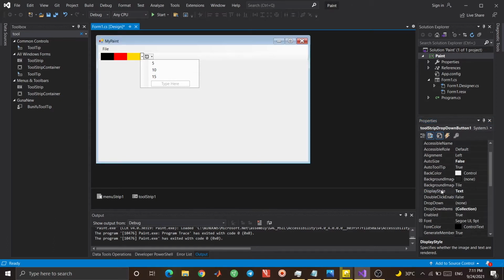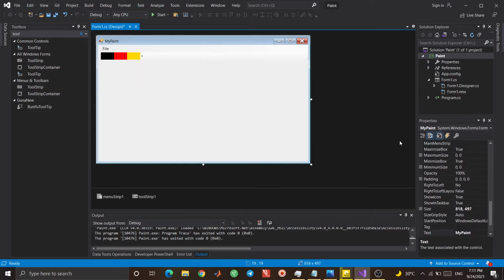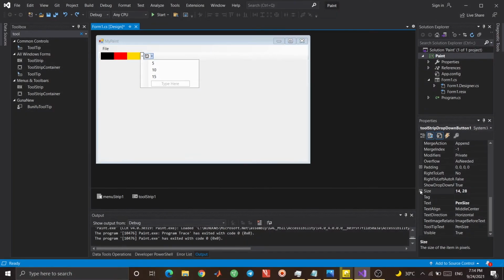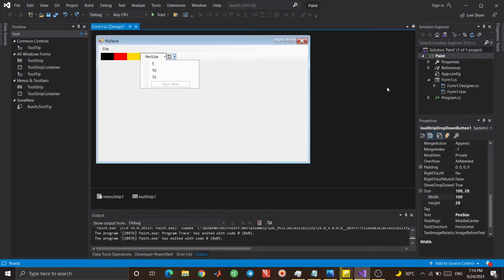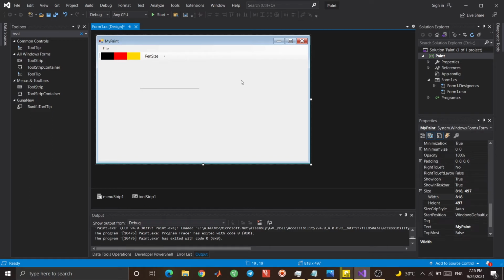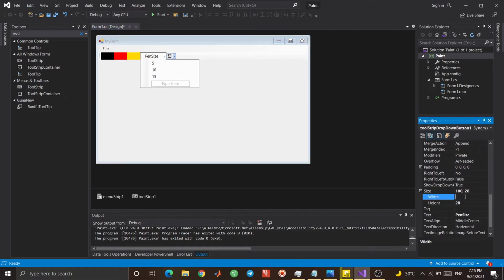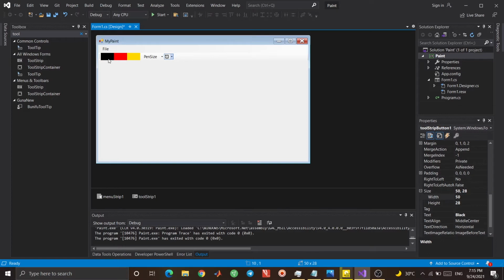Okay, now the display style is set to text, and change the size to, for example, 100, and I think that's too much. Let's change it to 90, and I think it's good. Well, here and here you see our text. I wrote black, and I wanted that text to appear right here, but it did not appear